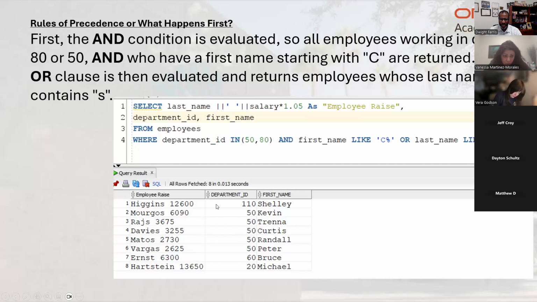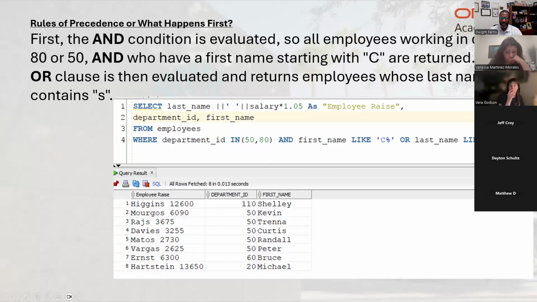The or clause is then evaluated, and returns employees whose last name contains an S. We know all the calculations happened before, but the and is evaluated first. And so in 80 or 50,